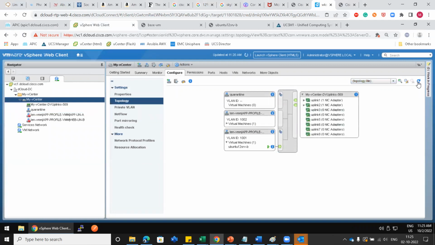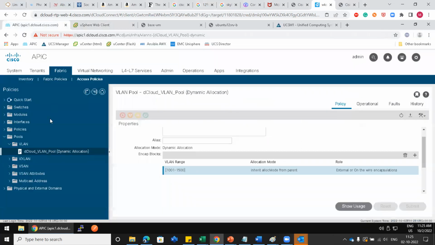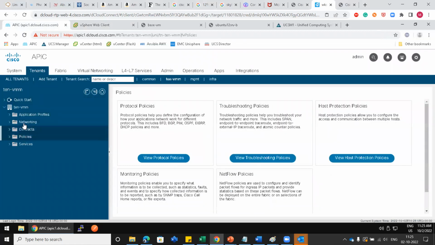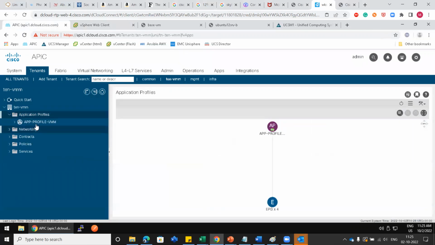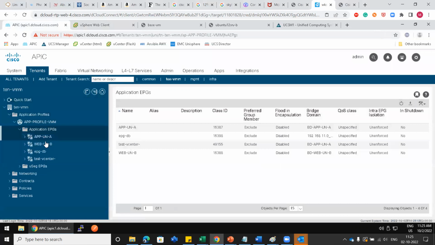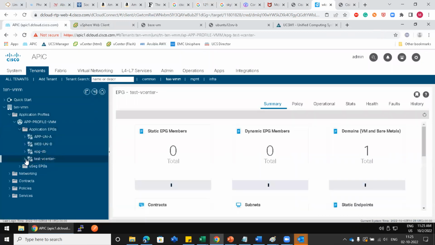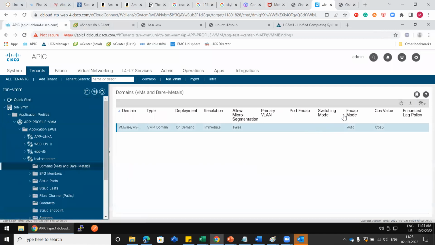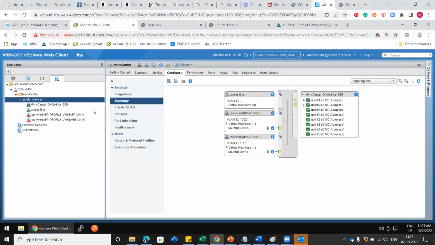Now if I go to the tenant, application profile, EPG, domain, and refresh,